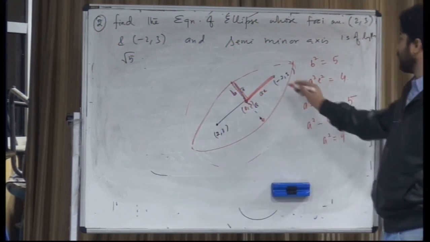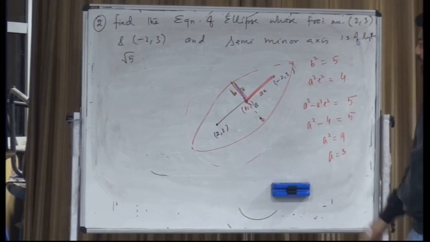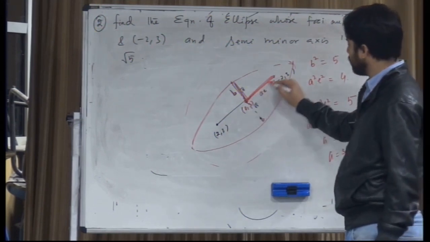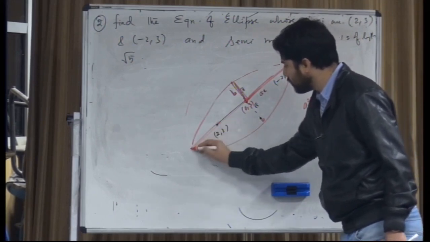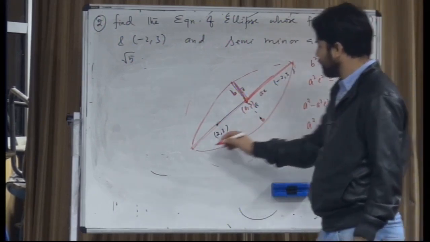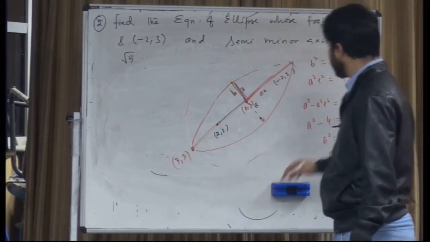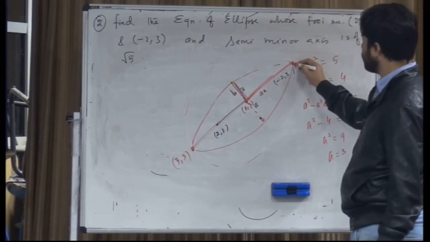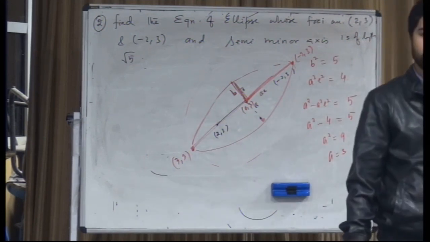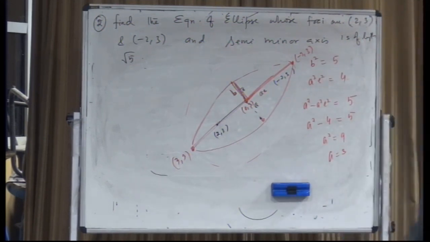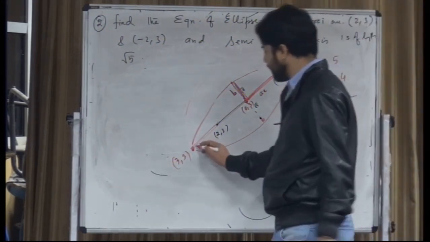OK. What is the length of a? So this is (0,3), this is 3 and this is 3. So definitely this is going to be (3,3) and this is going to be (-3,3). So definitely